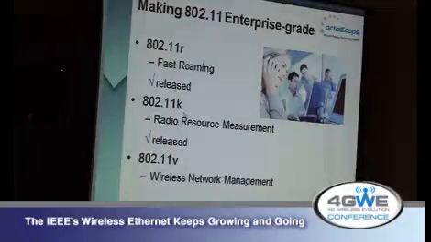You also need management in the enterprise, 11K. So you have SNMP for Ethernet, but when you go to a Wi-Fi network, that's not sufficient. It's too slow. It's on the IP layer. It doesn't have information on all the wireless-related things like how busy is my IP, how loaded is it, how strong is my signal, and so forth. So radio resource management measurement allows stations and APs to find out, to query each other. You know, how busy are you? How many users do you have on you, and so forth. And 802.11v capitalizes on this information collected in the management information base to actually do management and maybe some load sharing and so forth.